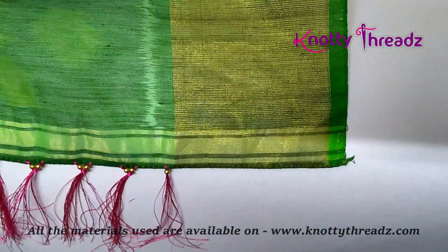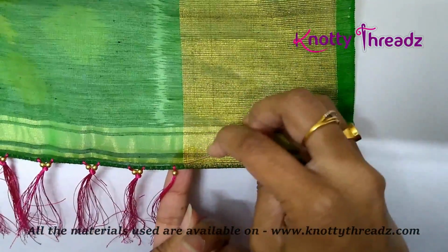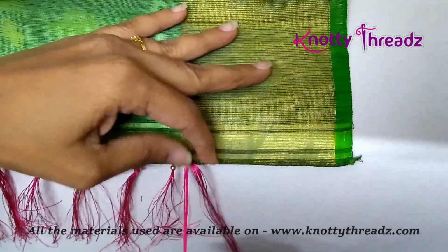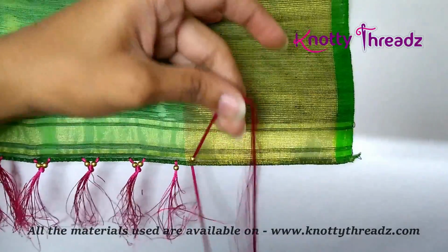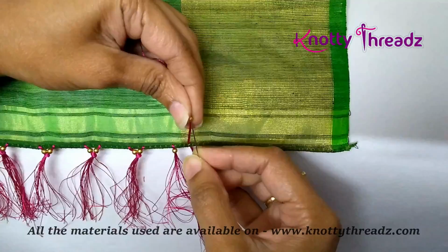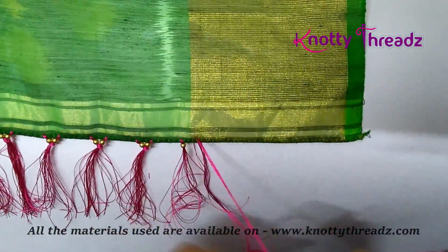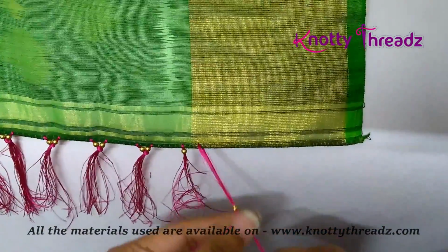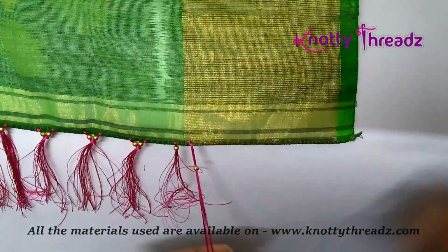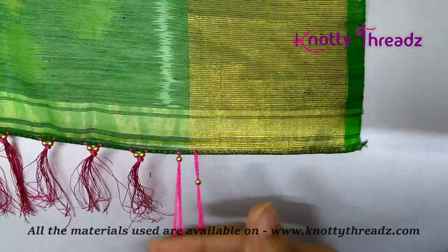So we'll repeat the same thing once again. This time we'll leave a very little gap. I'm doing the exact same thing. So once you've got both the beads,